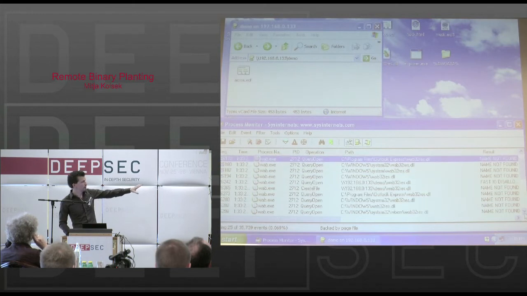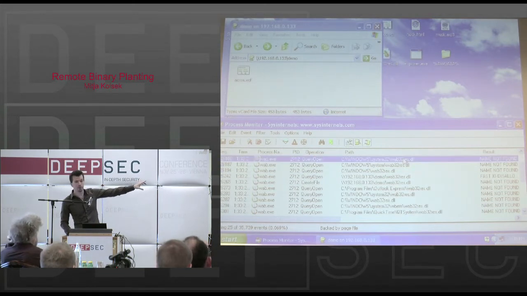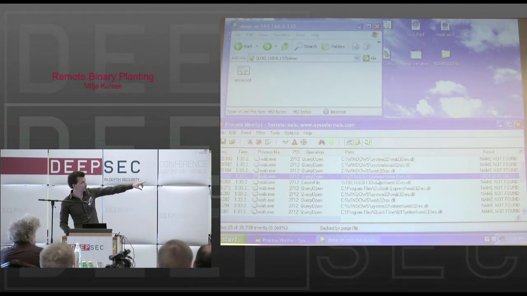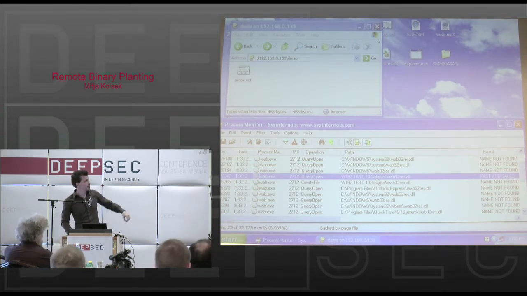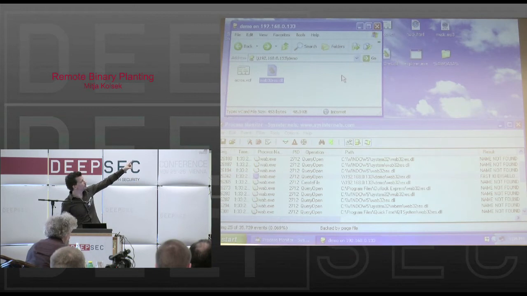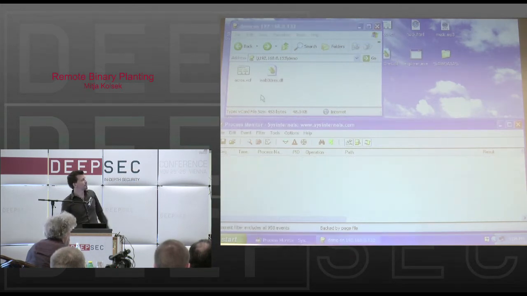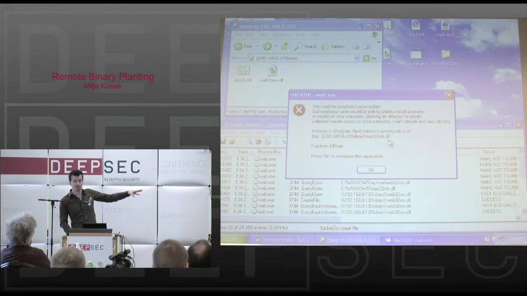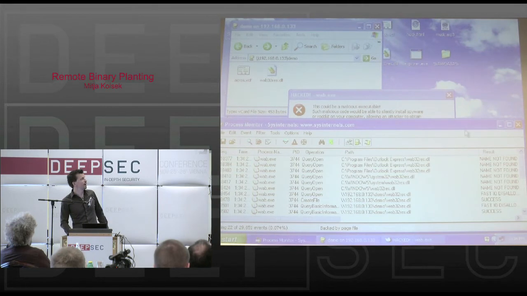wap32res.dll. It tries to find it in the home directory of the application, but it can't. In system32 Windows, it isn't found there. Then it tries the current working directory on the share in this case, but it doesn't find it. So it's vulnerable, but it didn't exploit it. Now let's put this DLL with this exact name alongside the VCF file and double-click it again. That's the delay. Yeah. That's what happens. Instead of the actual legitimate DLL, our DLL was loaded and executed, and it showed the hack dialog.